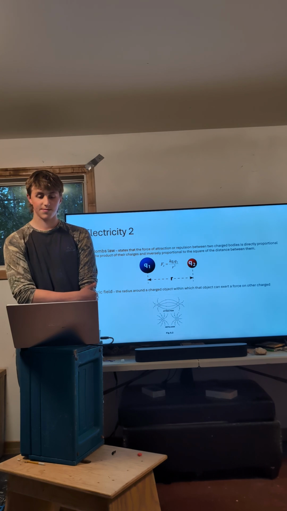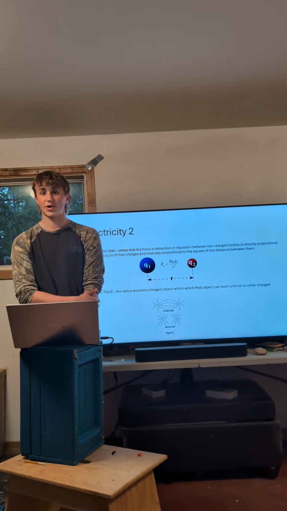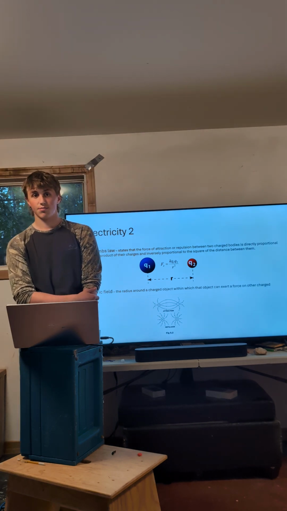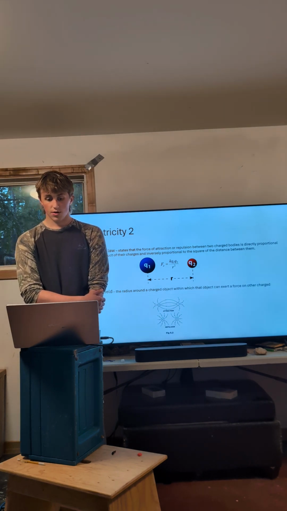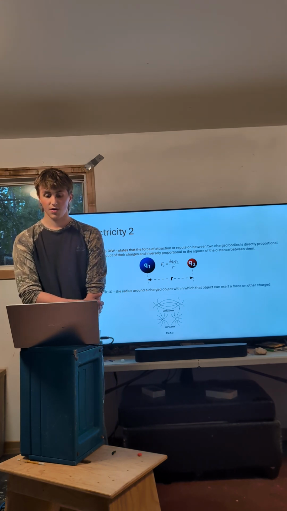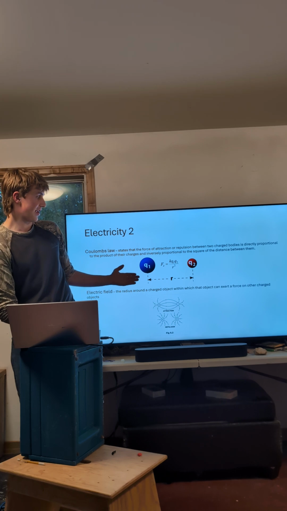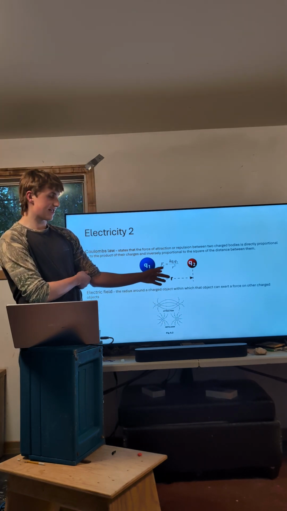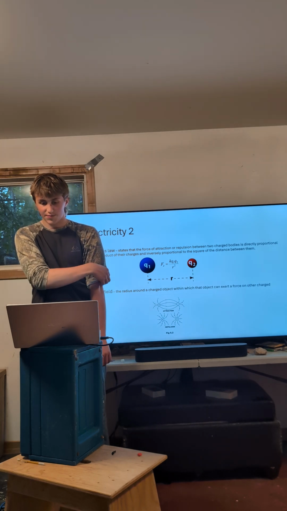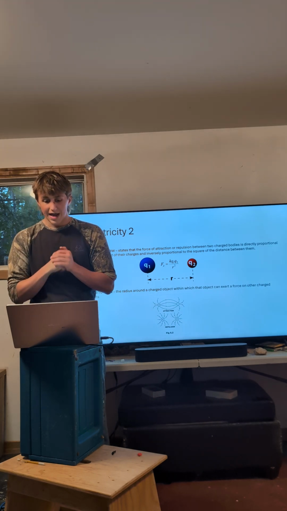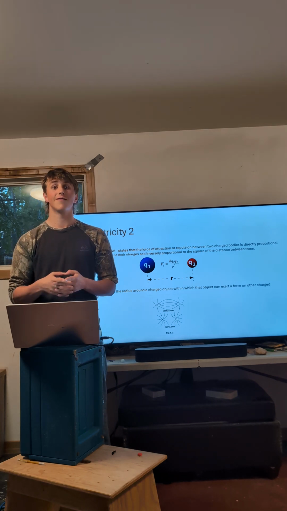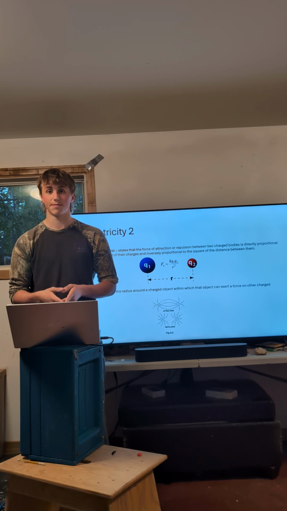And then Coulomb's law states that the force of attraction or repulsion between two charged particles or objects is proportional to the product of their charges and inversely proportional to the distance between them. So you can see that here in this helpful diagram, and that's the equation that can calculate the force for any given particle. An electric field is the radius around a charged particle within which that particle can influence other charged particles around it